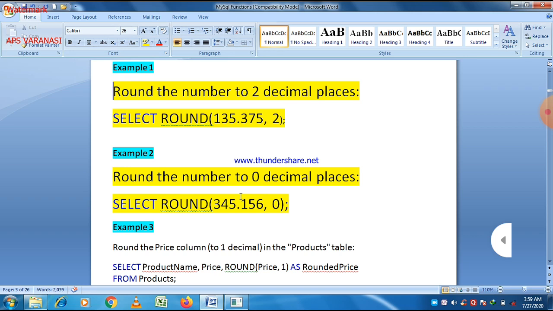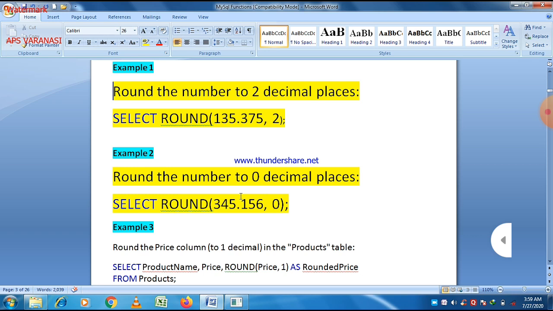And then if you want to give an alternative name, just write the as keyword, then from, and then the table name, and in this case the table name is products.